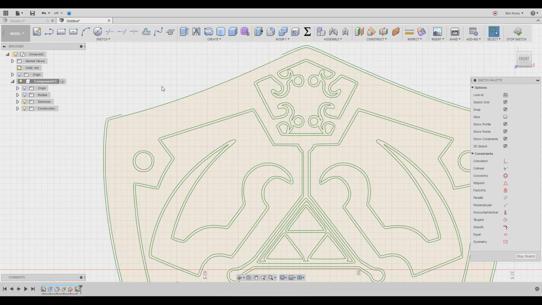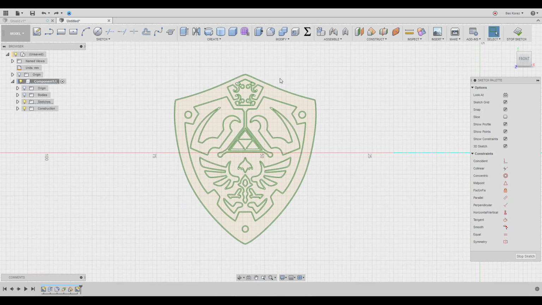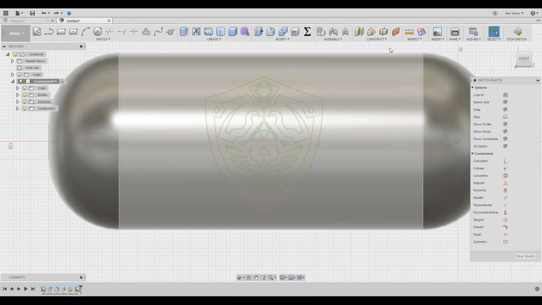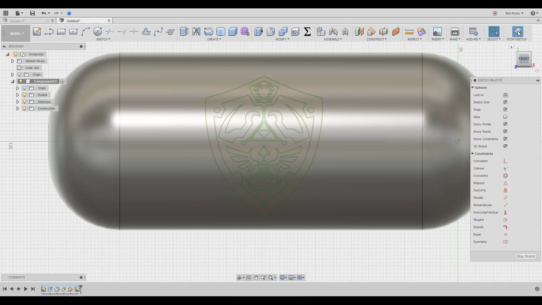Or you can also use the trim, T on your keyboard. You can use the trim, and you can start trimming details that you don't want. For example, I can start trimming those if I don't need them, some lines, and so on. Okay, I'm just gonna redo. Good. So now we have our SVG, and we have the sketch that we want. So now we can move on, stop sketch,